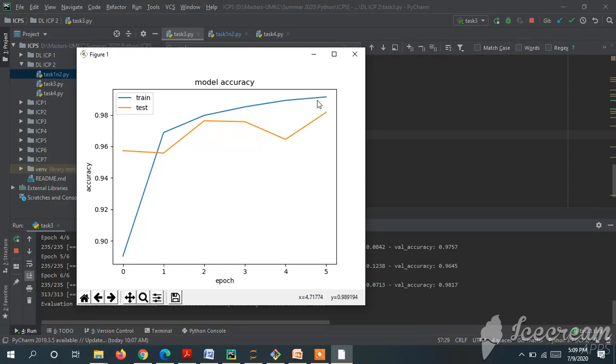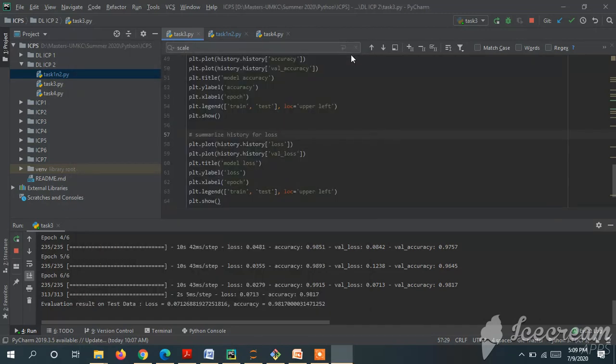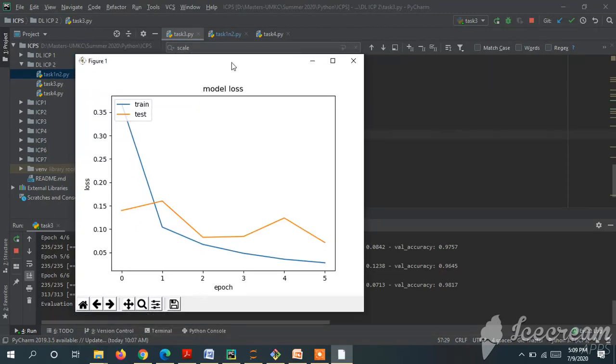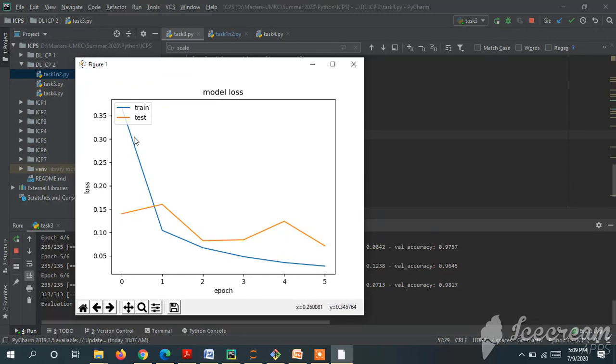Now we'll see the loss. Even the loss has raised from 0 to 0.5 in the test data. Now we will see the values to get more accurate information.